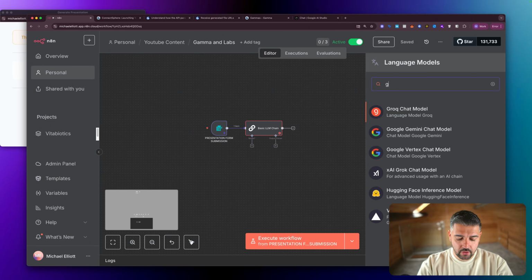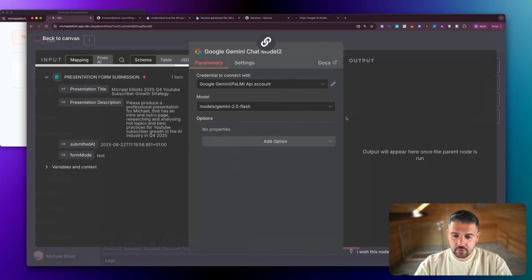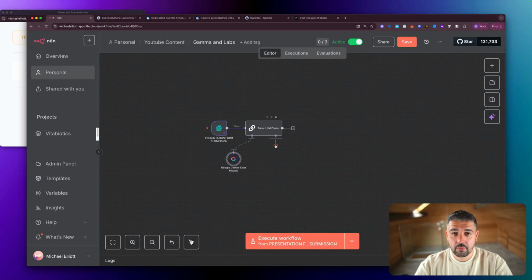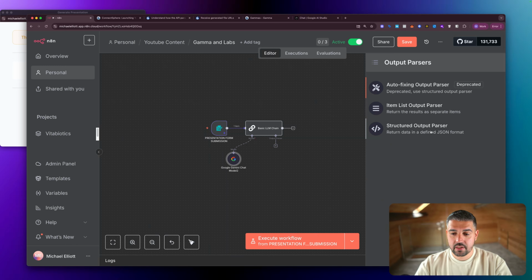Let's choose a model. I'm going to use Gemini Flash 2.5. Use whatever you want. The more powerful, the better you'll get. But the output parser is basically just a way to explain to the LLM that we want the output to be in a structured format, whatever format that is. So obviously, in this particular case, we want to return the data in a defined JSON format, so it's easier